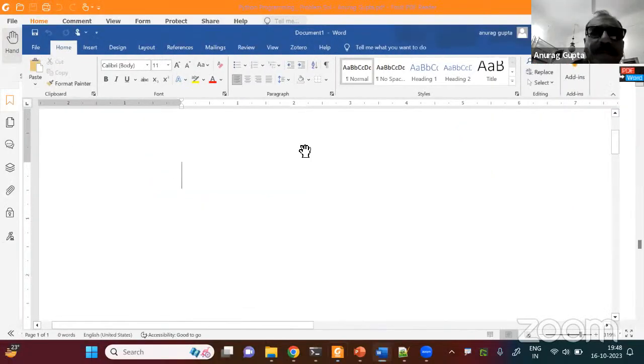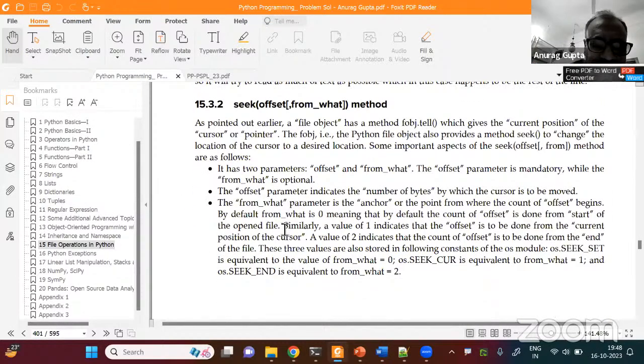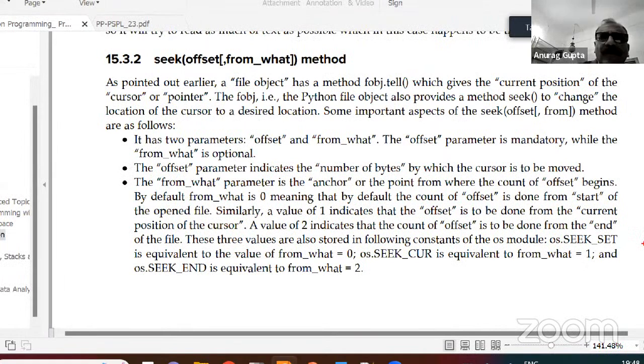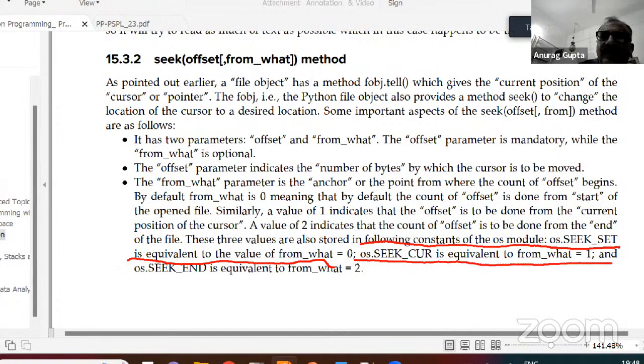I also told you yesterday that these 3 values are also stored in the following constants of the os module: os.SEEK_SET is equivalent to the from what value 0, os.SEEK_CUR is equal to 1, and os.SEEK_END is equal to 2.